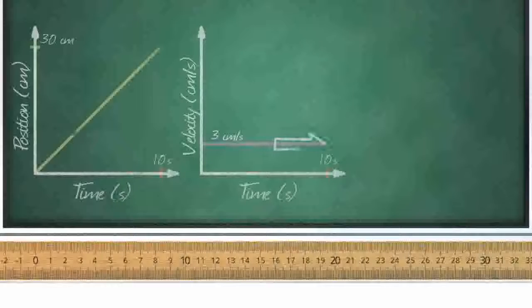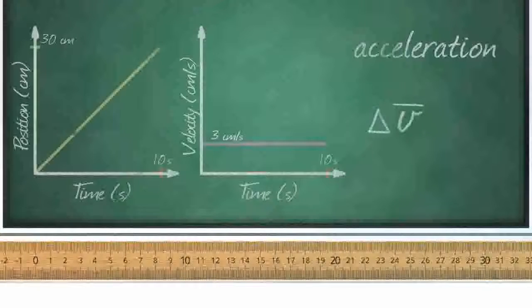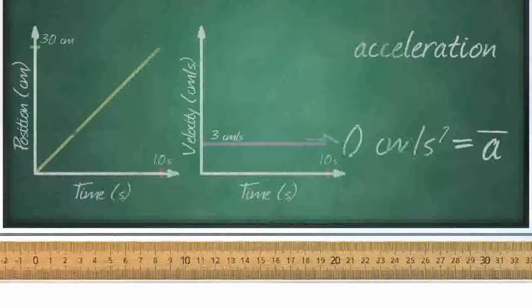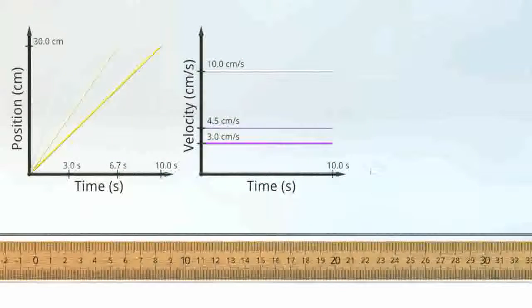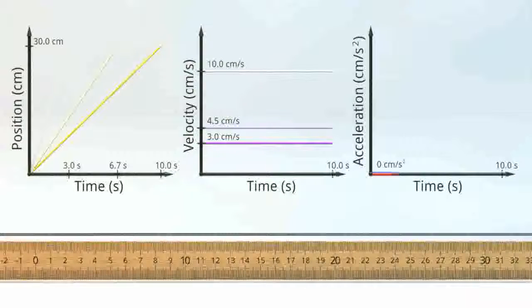But what about when we look at the slope of the velocity graph? Well, it turns out that we can actually figure out the ball's acceleration, represented by the formula delta v over delta t is equal to a. And since the rise here is 0, and 0 divided by any run of time is 0, we know that the slope must be 0. We never gained any velocity as time passed, so the acceleration is therefore constantly 0. But if the ball has a changing velocity with passing time, then the ball must be accelerating. Now we're going to have to look at an entirely different example,